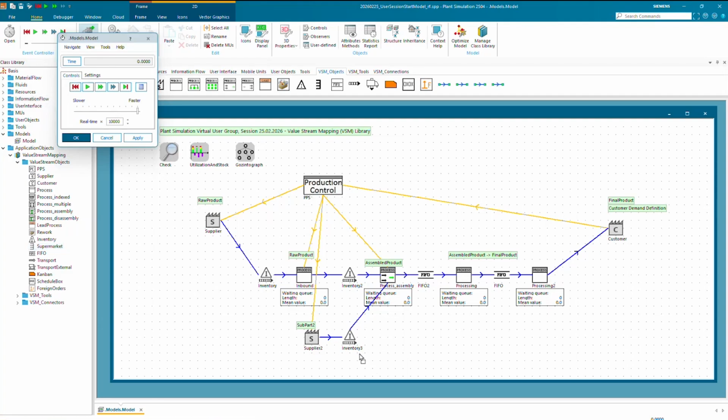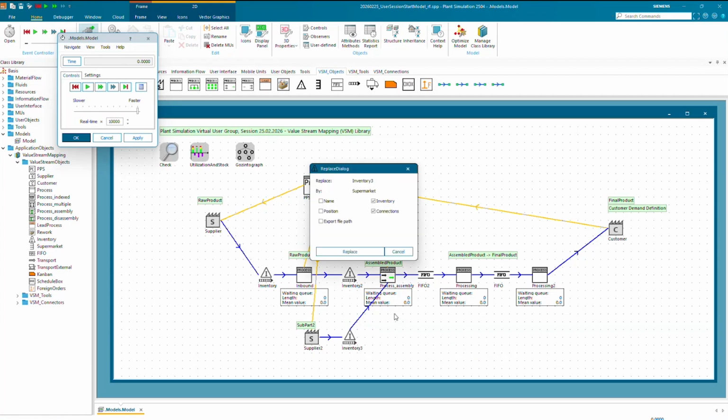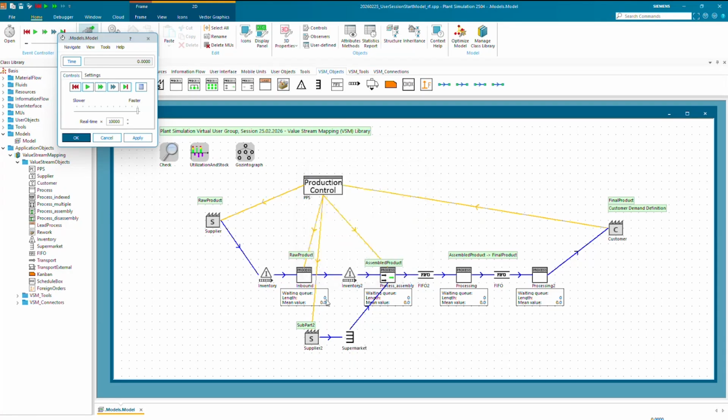There's also a logic behind it to replace object types with another type. So for example, here replace a simple stupid inventory with a supermarket with a reorder logic.